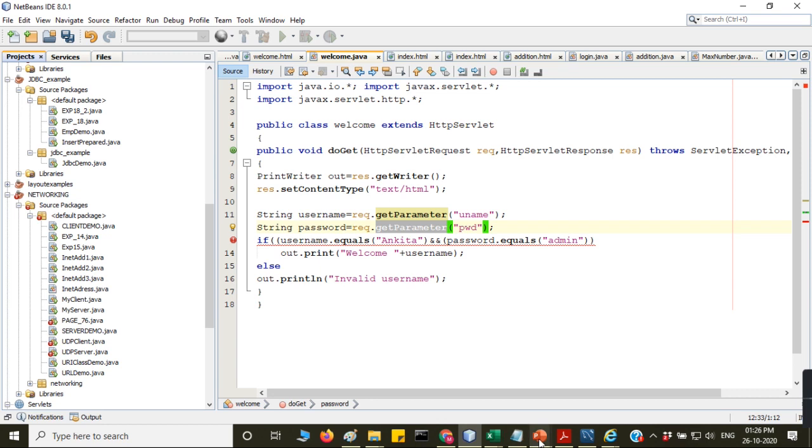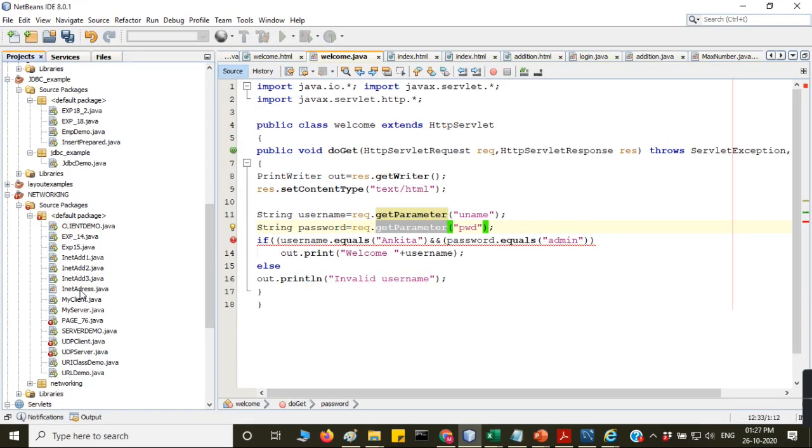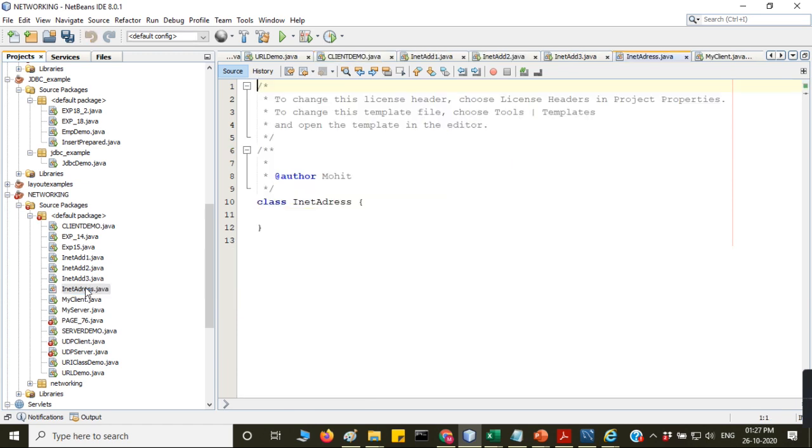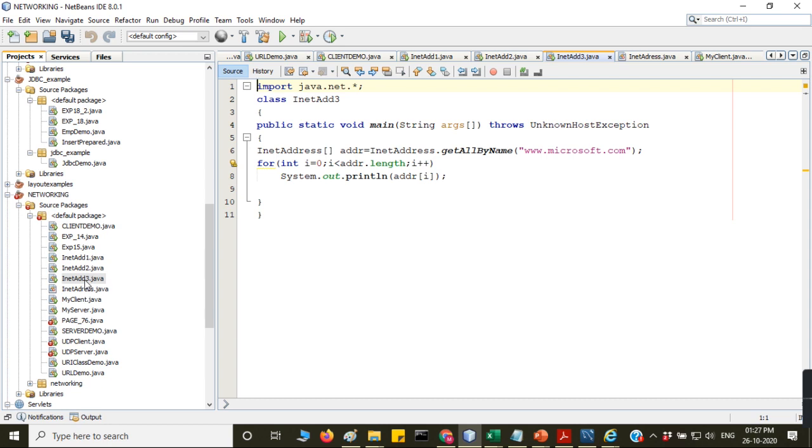What is the name of this class? InetDemo, InetAddress. Get localhost, and demo also. So this I am running.